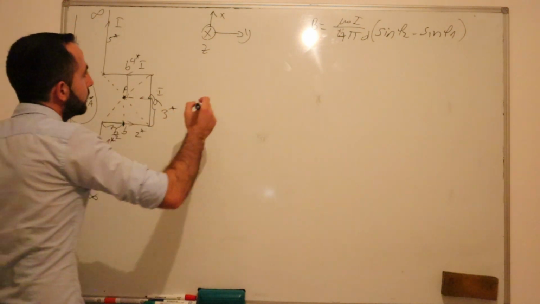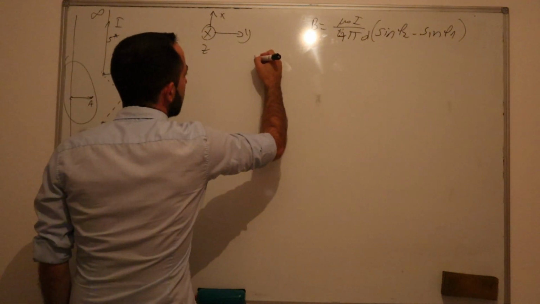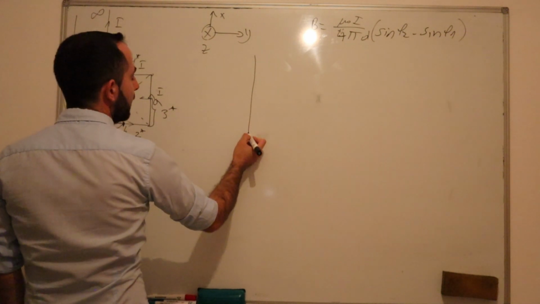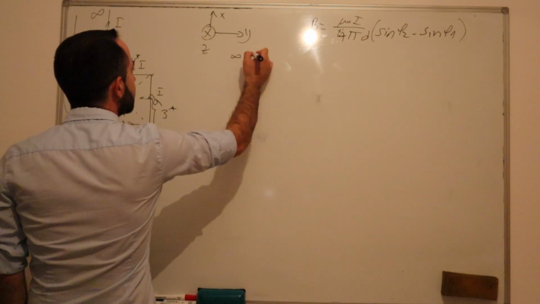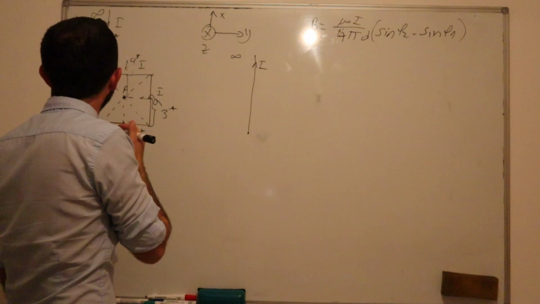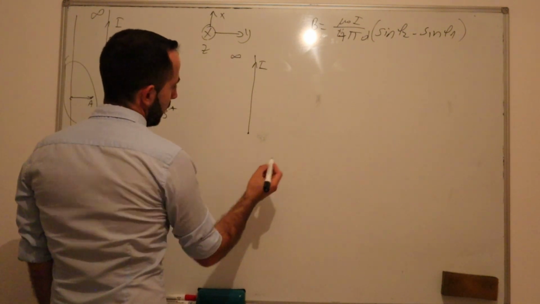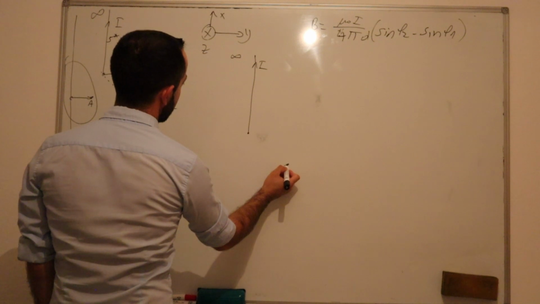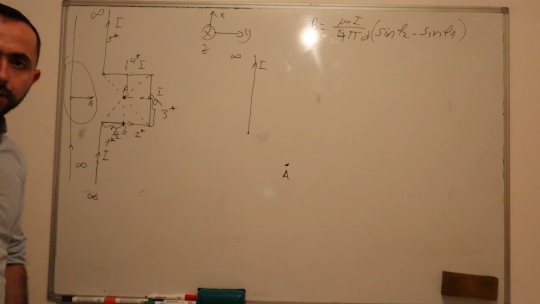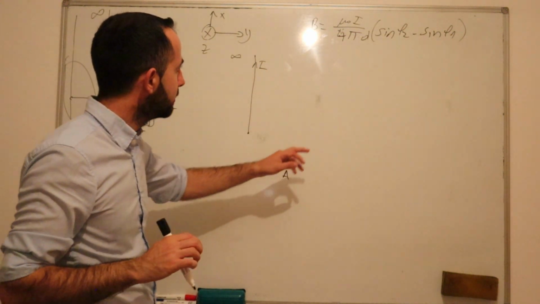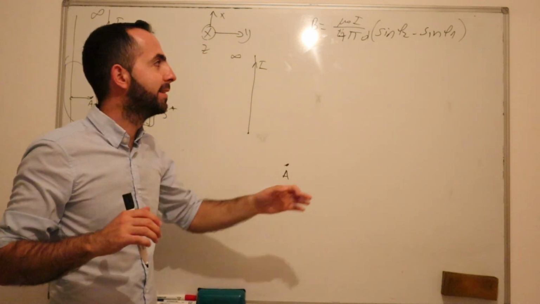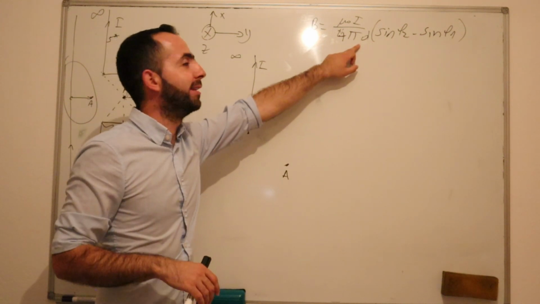It is this case, so it is similar to the first case. Okay, we have the conductor which begins here and ends in infinity. We have the current I. So this is our fifth case. Somewhere here is our point A. So the first thing we always say you need to do is